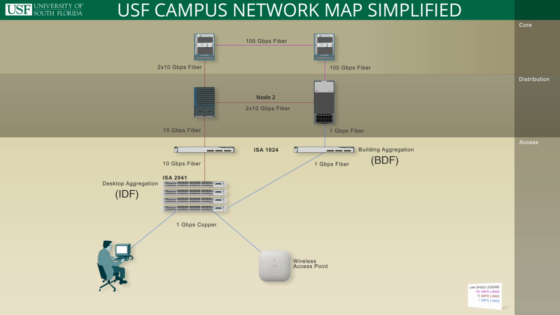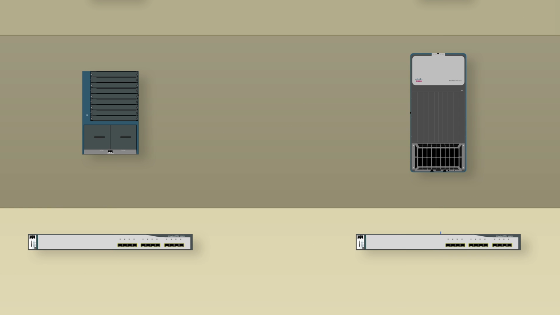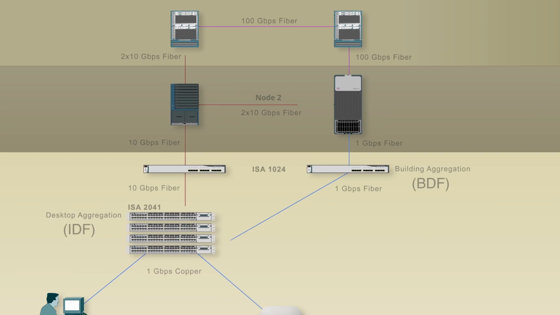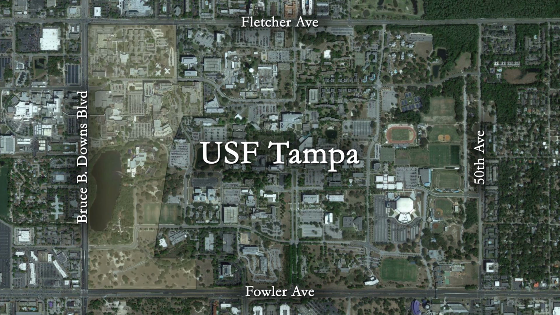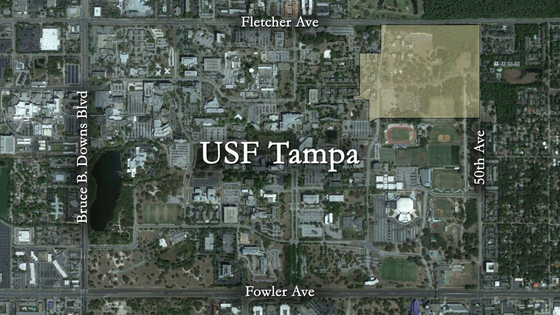As you can see in our simplified network diagram, we have moved from the desktop to the desktop aggregation to the building aggregation point, but we're still in the access layer. From here, our building aggregation switches uplink via fiber to the equipment in our distribution layer. These fiber optic connections leave the building and run underground to what USF calls a distribution node. These nodes serve as aggregation points for fiber to surrounding buildings. As of 2013, USF has 6 distribution nodes to meet the computer networking needs of its entire campus of approximately